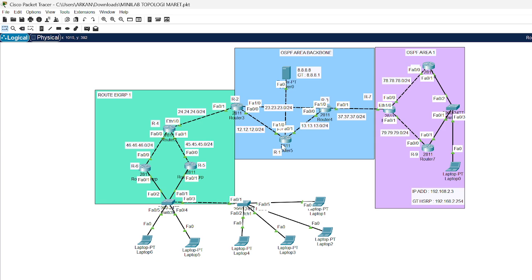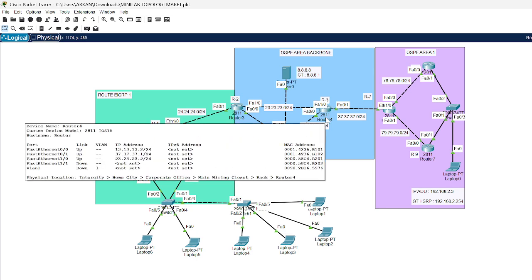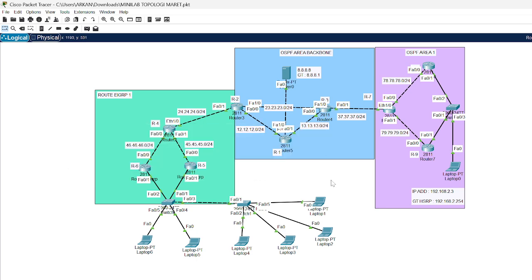Yeah. If I haven't made a redistribute, this cannot ping from the EIGRP router to the OSPF router. Okay, same like router 2 and router 3. You only make routing to the router in OSPF area 1.